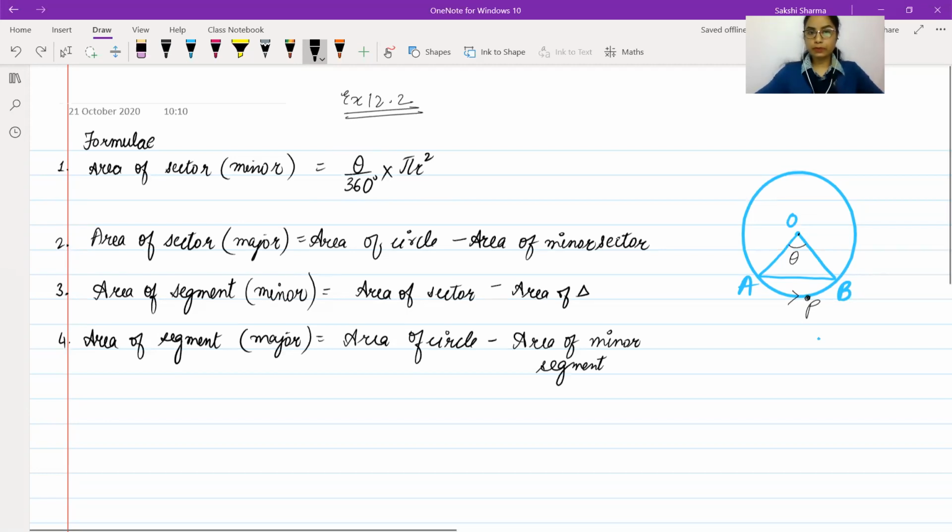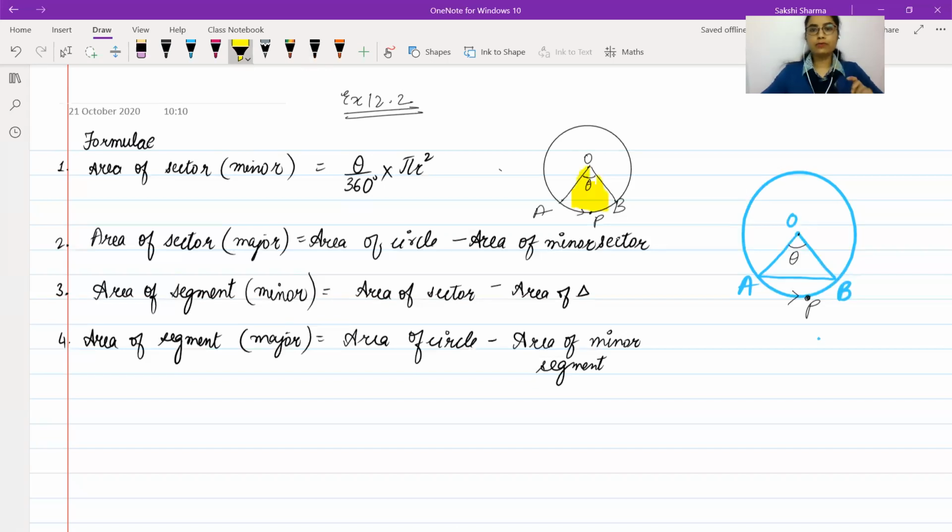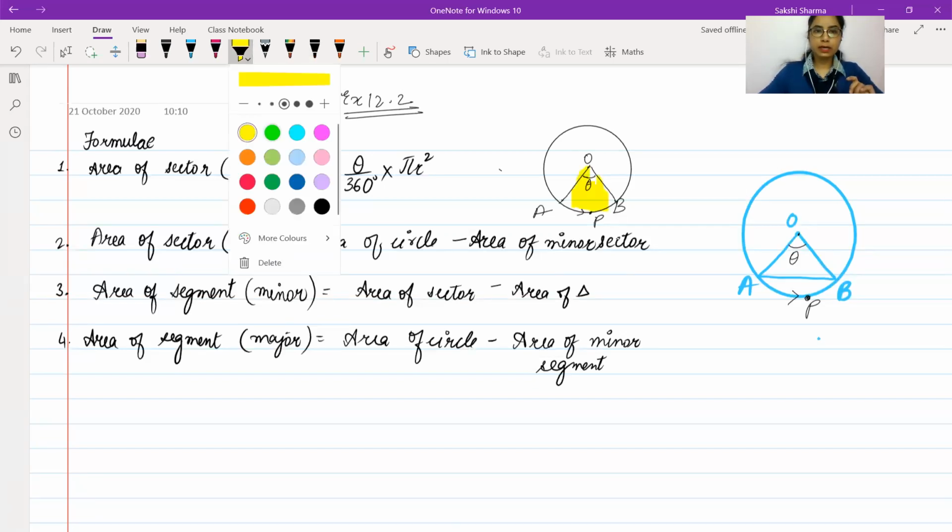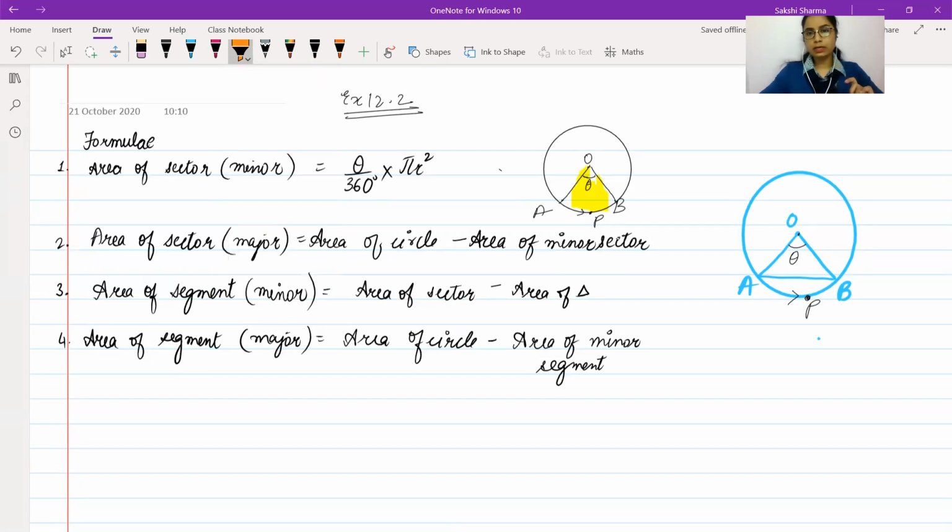तो अगर आपको figures draw करनी है side by side, you can just draw the figures here. We have a circle and let's take these 2 radii. The central angle is theta and the arc is AB. The area will be this area. This is the area of the minor sector, and the area of the major sector can be highlighted. You can just highlight. This will be the area of the major sector. If you want, you can label that this is minor sector. It's already done in your book actually. This is the major sector.